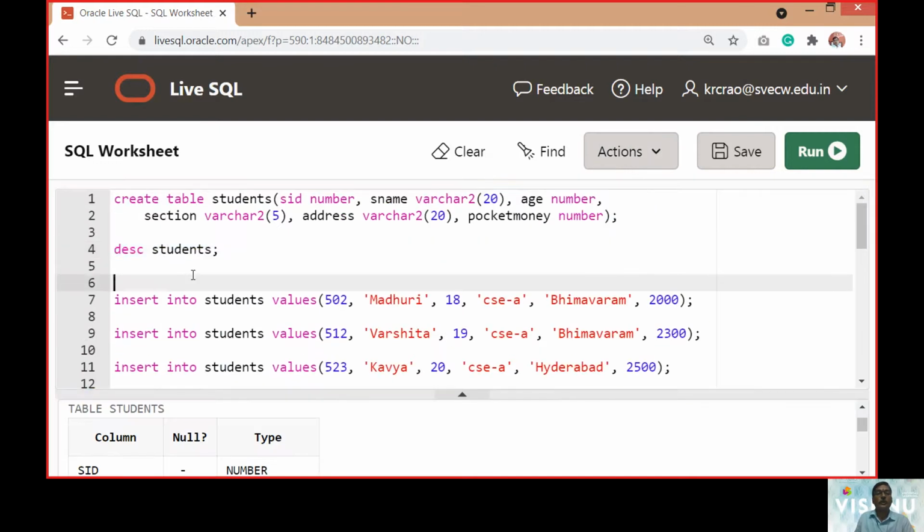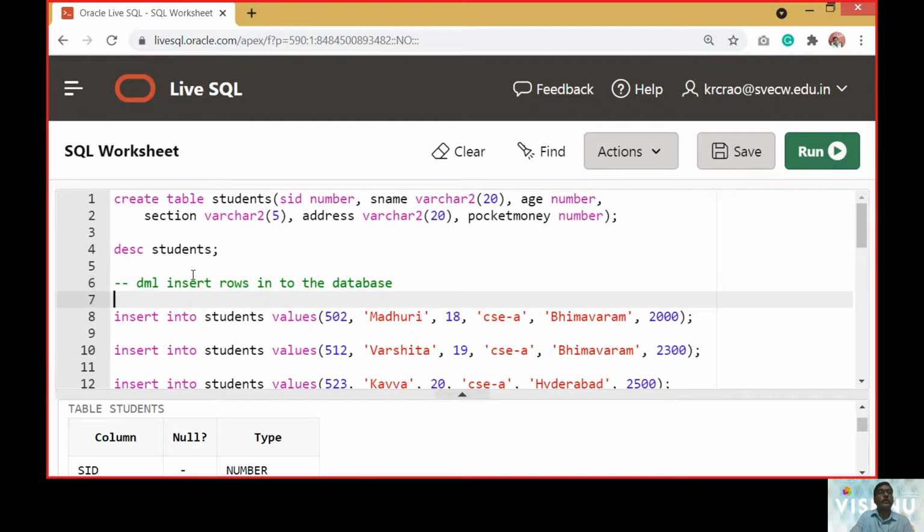Now I want to use the data manipulation language, that is, we have to insert rows into the data. We do this with the insert command.